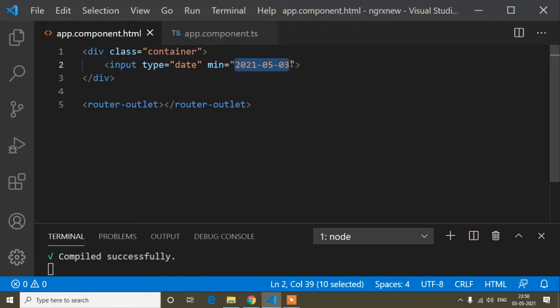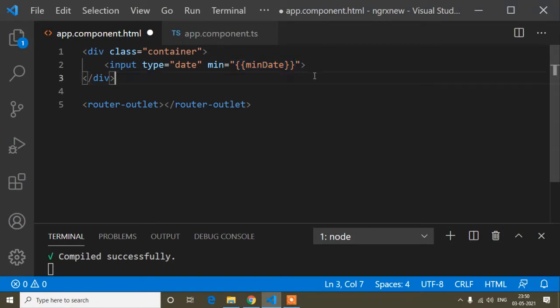I have written the date statically here, but suppose instead of static, I write min with property binding. If you don't know what property binding and interpolation are, you can watch my particular tutorial where I have discussed property binding. Here I will give you a brief idea.